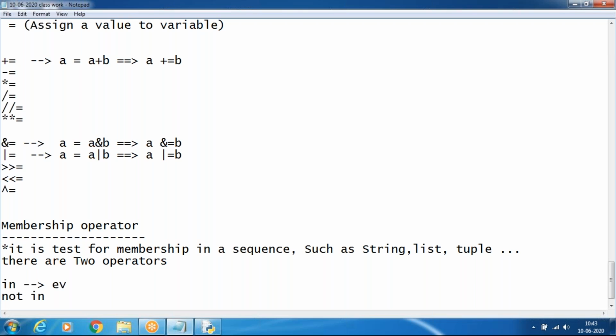If the left hand side operand is available in the right hand side sequence, it produces the result true. It evaluates true if it finds the value in the specified sequence, and false otherwise.